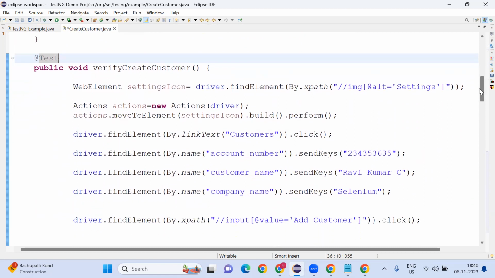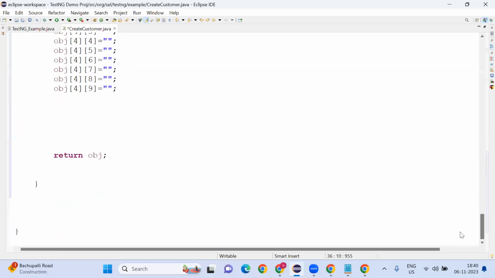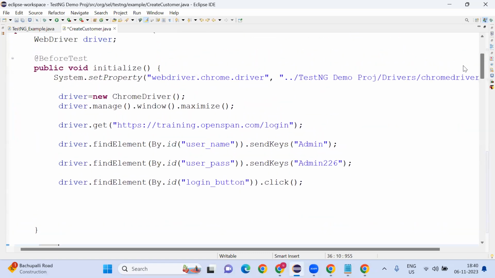At least you need to try. Otherwise, you can't learn these concepts. Because